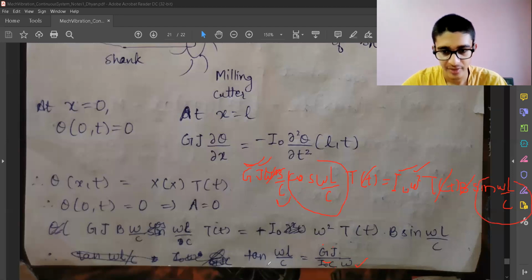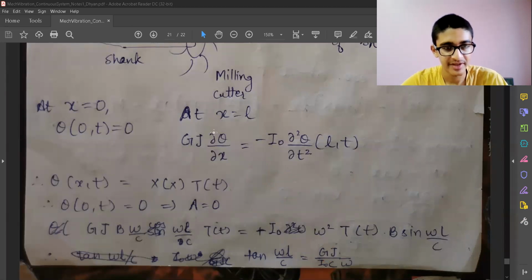So we have got another implicit equation for the value of the natural frequency from the boundary condition itself. So that's all we need to do. We'll end over here. We have seen various different types of vibrations which can occur in a rod, in a string, in a shaft, etc. So thank you everyone. We'll stop over here.